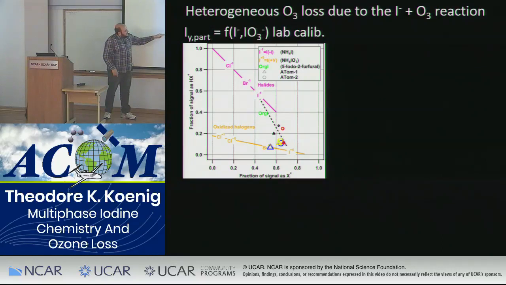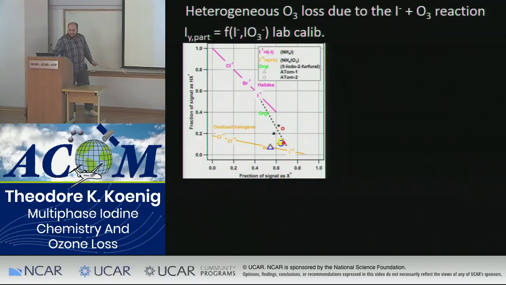And then here, if I group all of my data from ATom-1 and ATom-2, this is where the different ion ratios line up. You can see that this is an ATom-1 point in the stratosphere that looks a little bit odd, but for the most part, all of our bin data falls along this partitioning line between iodide and iodate, which gives us more confidence that we're actually seeing the overall partitioning.